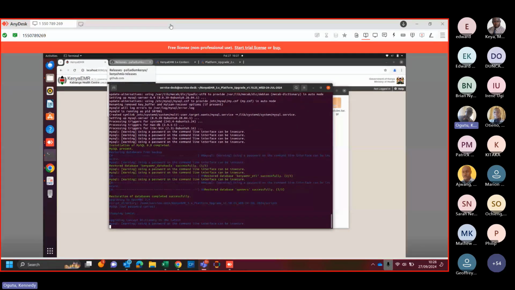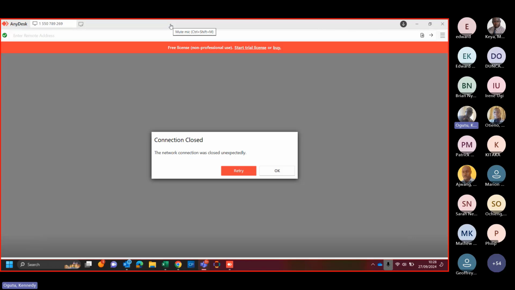So our initial process has completed successfully, and the database has already been upgraded with the schemas for 2.4, and Tomcat is restarted, so that if you refresh the browser and Tomcat finishes restarting,